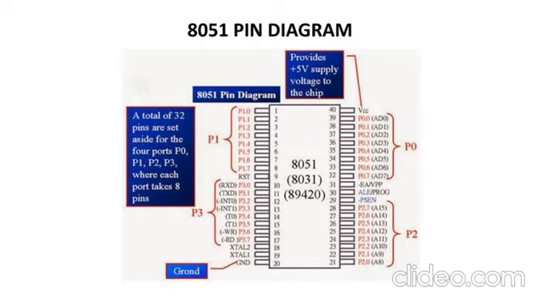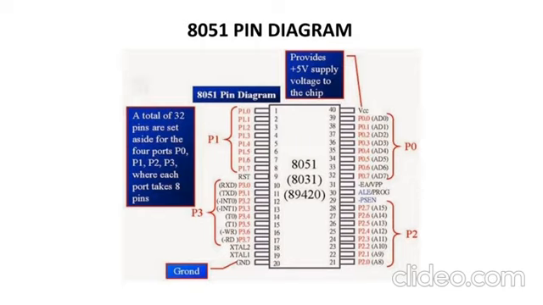After marking this, coming to the right side first, the 40th pin you mark VCC and the 20th pin you mark with ground. After doing this, port 0 and port 2 you need to write on the right side. So port 0 you start writing from 39 to 32. After that, from downwards you start writing port 2, that is from 21 to 28. So 8 pins, once that is done, in between 3 pins will be left over, that you leave for last, we will write in the ending what is to be filled.